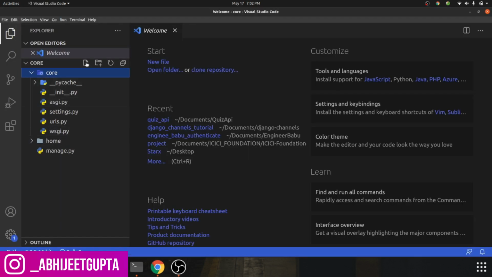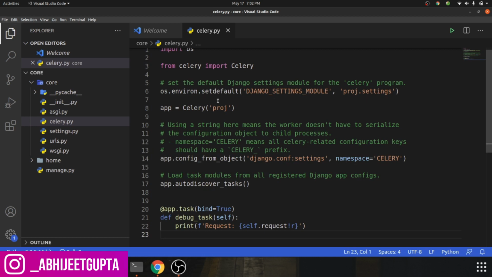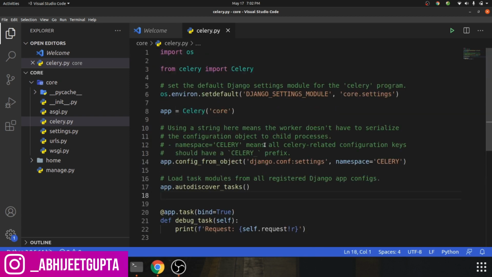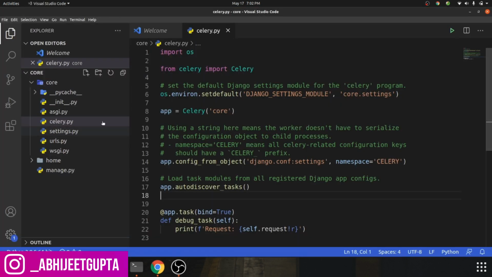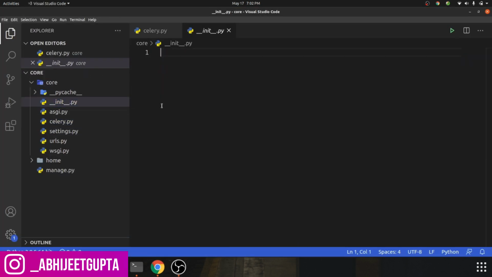We paste the code there, and the name of the project, core, needs to be added over here. We also add the import in our __init__.py at the project level.